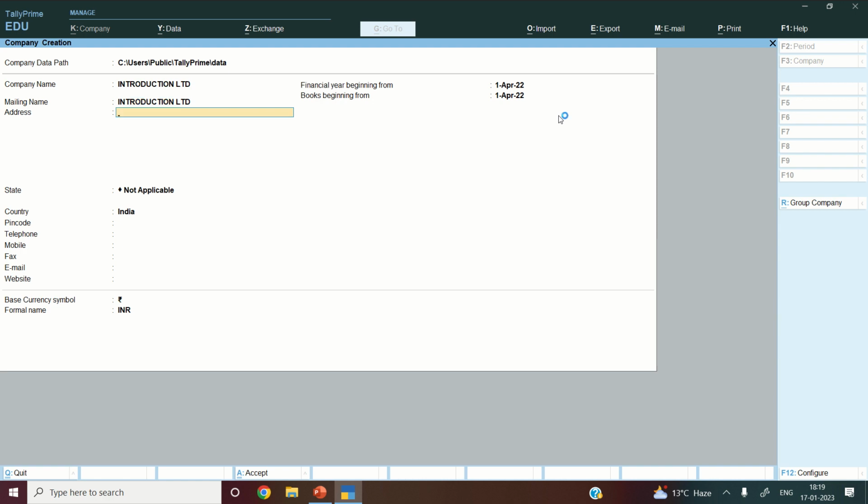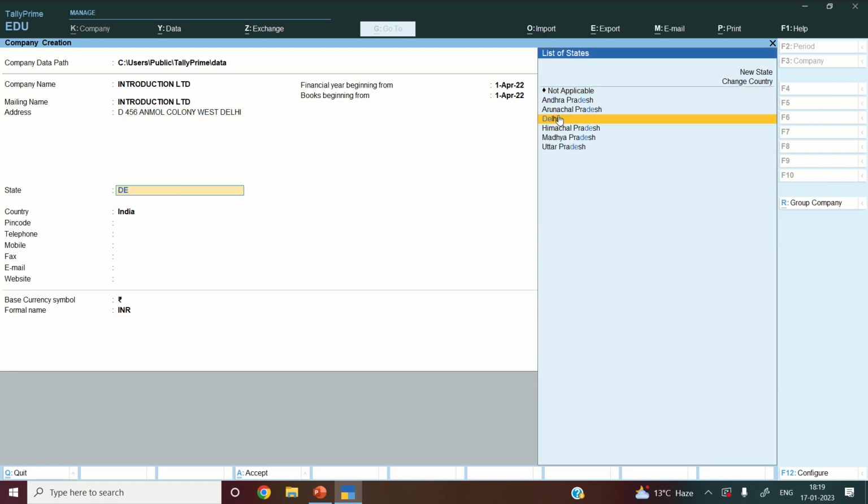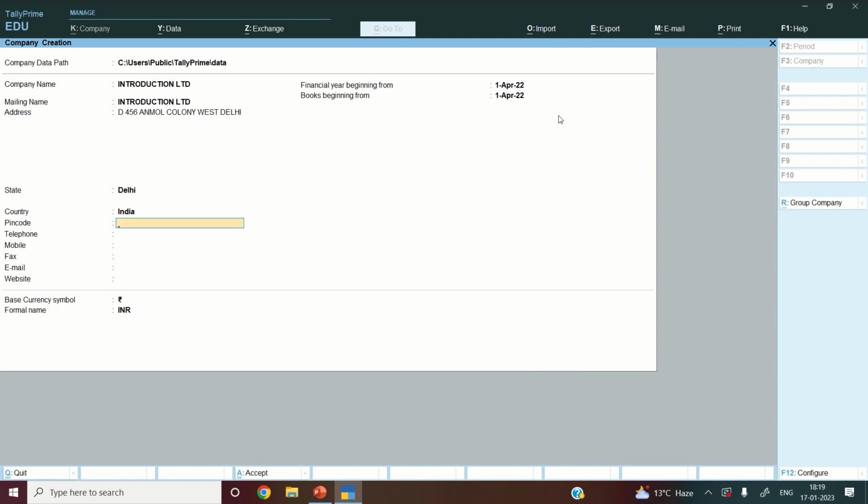Then mailing name will remain the same. Then you can write the address of the company limited. So I am writing D456, right? Anmol Colony, West Delhi, right? So you can write down any address. Okay. Then state, if you want to write down, you can write down Delhi, country India. Pin code, if you want to write down, you can write down the pin code. Mobile number, if you want to write down the mobile number, you can write down the mobile number. Email ID, so I can create the email ID for the company,